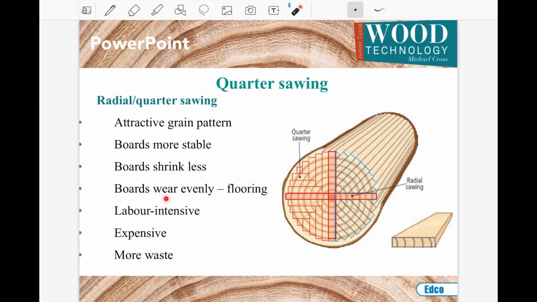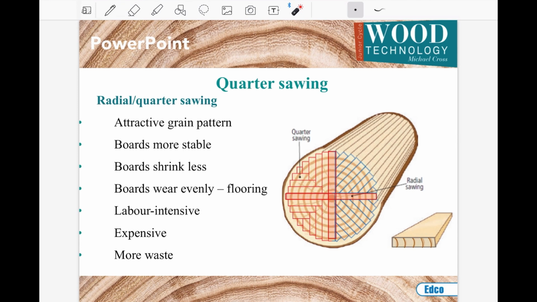The boards wear lovely and evenly for flooring. If you want to use these boards for flooring, they're ideal because they're not going to shrink too much. You're not going to end up with gaps. Remember, a floor, when it's put down, has to have expansion gaps at the sides. They're underneath the skirting, between the skirting and the wall. There will be little gaps that you can't see because the skirting covers it. And the purpose of those gaps is for when the board